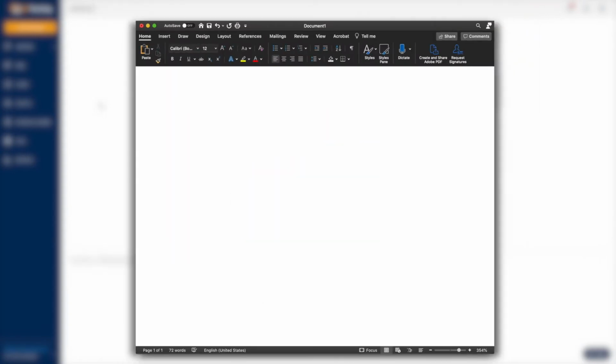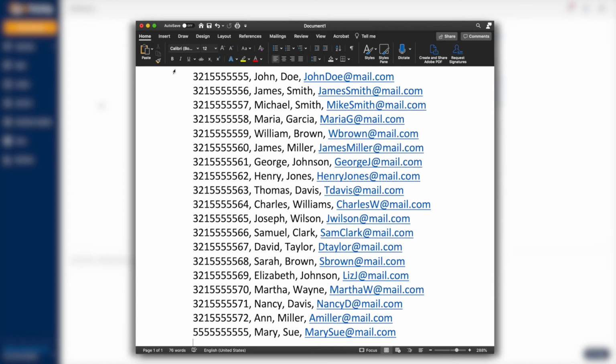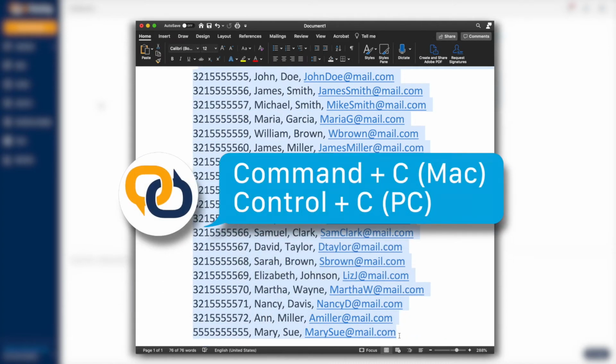Just like in email, you'll want to keep a comma in between each column field and enter each contact on their own line, like this. Or, if you are pasting numbers only, you'll want to keep each number to its own row, like this example. Once finished, highlight the info you want to upload and copy, and then hit Command-C on your keyboard, or Control-C if using a PC. This will copy your information.